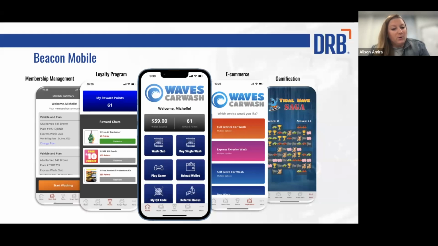If you use a loyalty program, like Starbucks, you're familiar with a points-based loyalty program that rewards you with things like free drinks or snacks for all of the points that you purchase. That's essentially how the loyalty program works within Beacon Mobile as well. So using the admin portal, you, the car wash owner, can set that architecture of your loyalty program so that you can easily define how many points your members earn for each in-app purchase. The more they spend, the more points they earn, and the more they can redeem for free at the wash.